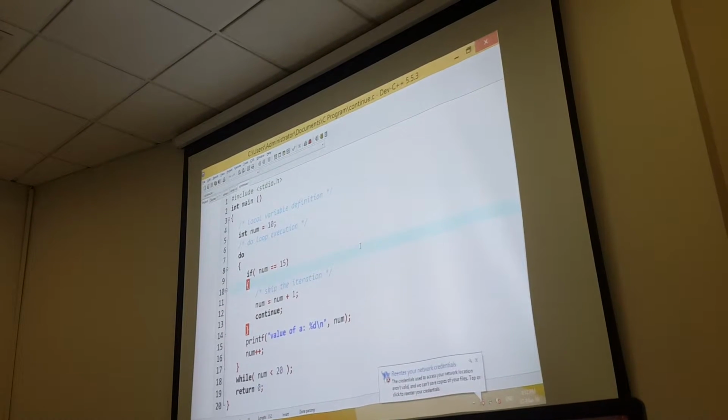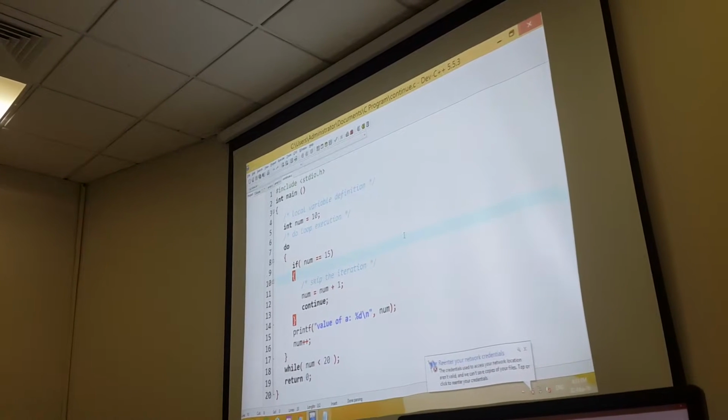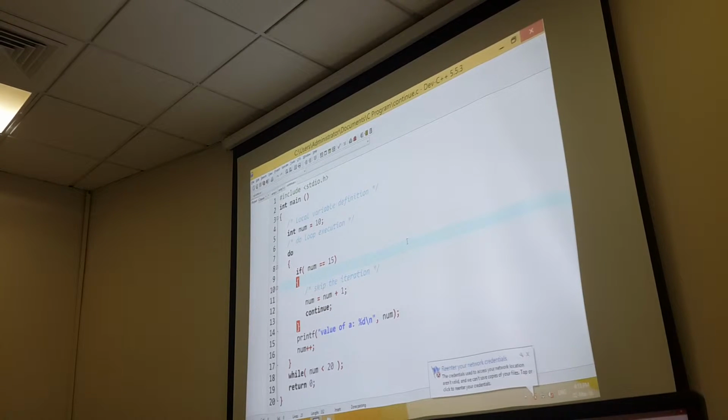So first of all, you know the steps. Every time we have to include one library called stdio.h. Fine? This is the library file which will contain IO. IO means input and output. Now after that, there is one entry point for the program, that is the main function. Now this time we are using int with main. Int means it will return an integer type value. This main will return an integer type value.